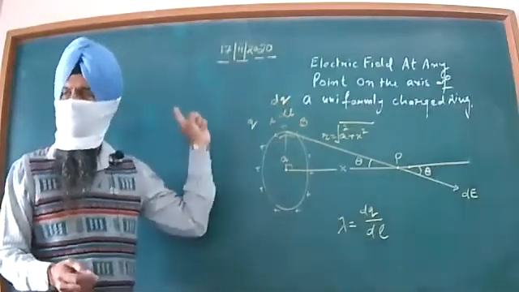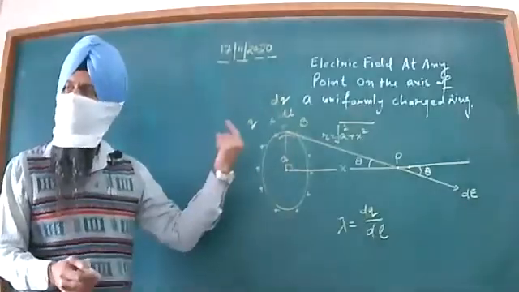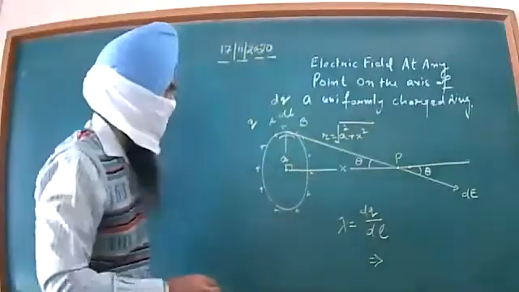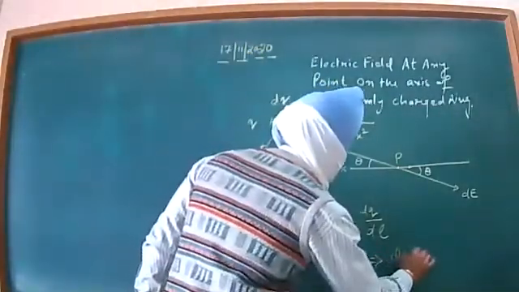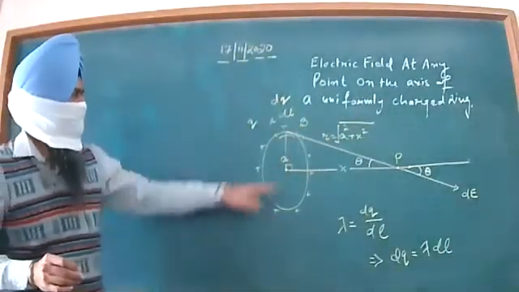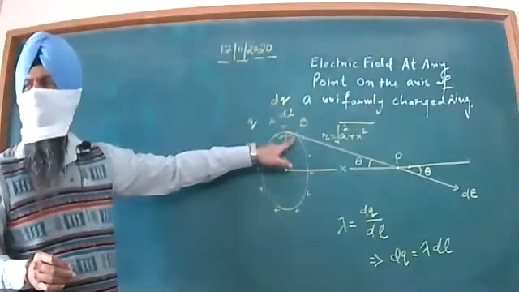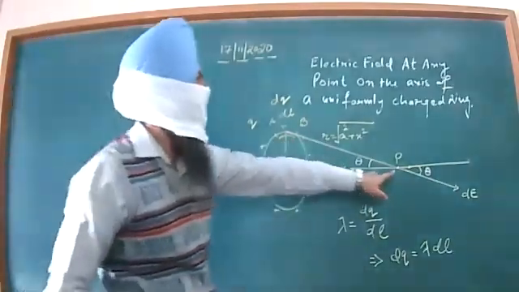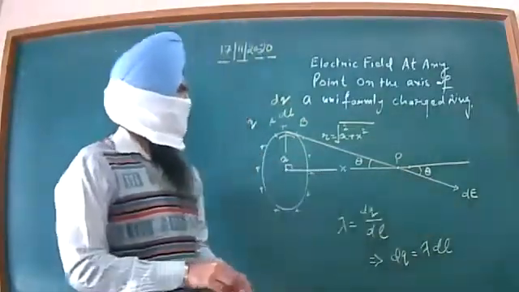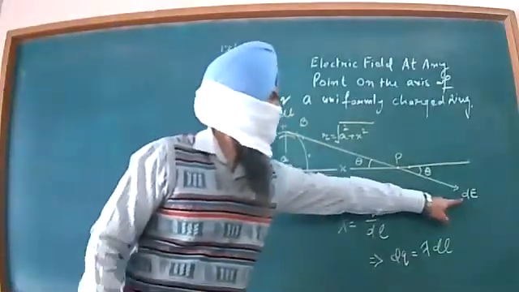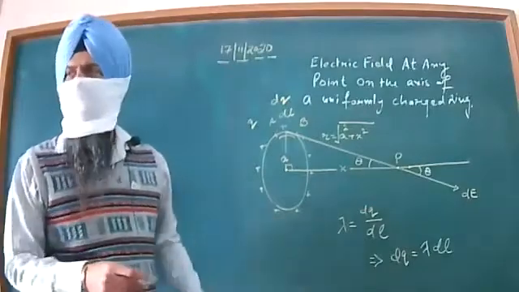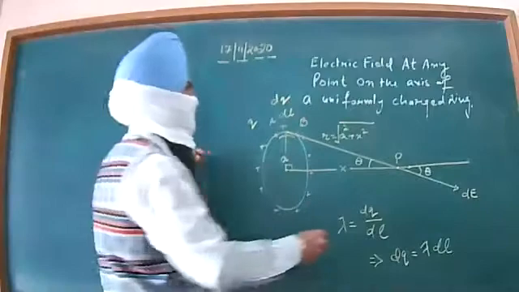We have discussed this in the case of a simple ring in the beginning, beta. Now here you may proceed with the calculation of dq. dq will be lambda into dl as such, beta. Now, this small element will have the electric field at this observation point directed in this sense or in this direction. Now, here we can split this dE into rectangular components after considering it to be a vector quantity. Although it is a vector quantity, no need to consider rather.